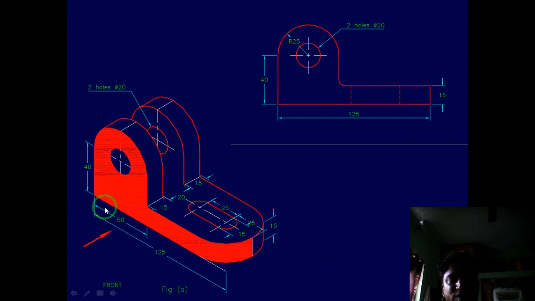When you are looking from this side, from this corner up to this length of 125, even though we have an arc, a semicircular part, in that half arc it will look like a rectangle. Now here to a height of 40, semicircle and then legs. We have started with 125 total length, and height of 15 here. Now what will be this length? How to draw this length?